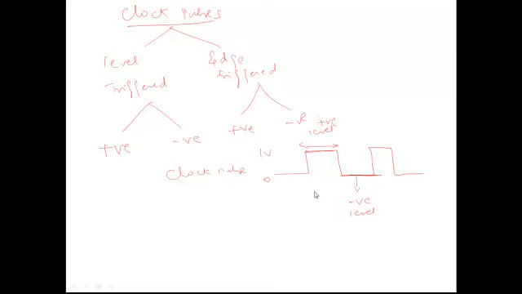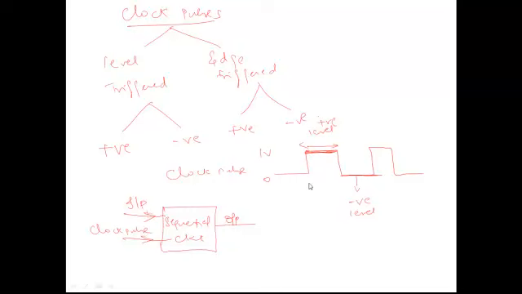What I mean to tell about level triggering is this: a sequential circuit will be having some input and the clock pulses, and it will be having the output. Whenever we say positive level triggered sequential circuit or positive level triggered clock pulses, it means that as long as the clock pulse is having this positive level, whatever changes in the input is there, the sequential circuit will respond.